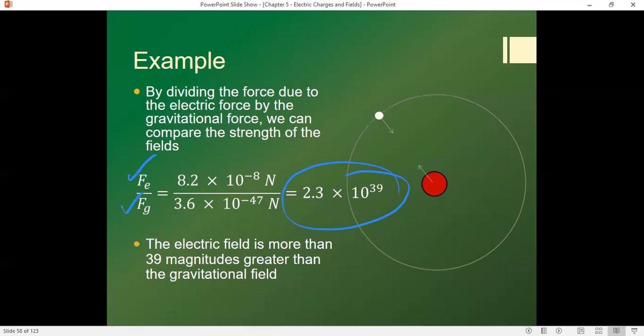That's a 2.3, okay, with 38 more zeros coming after it. Huge number. I won't even write that out. 39 magnitudes greater. And what that shows us is the electric force is a much stronger force than the